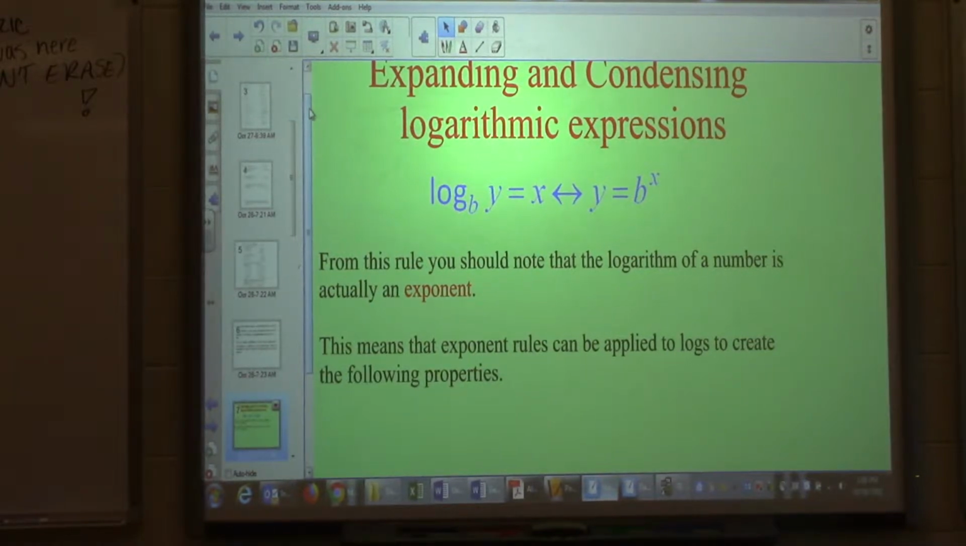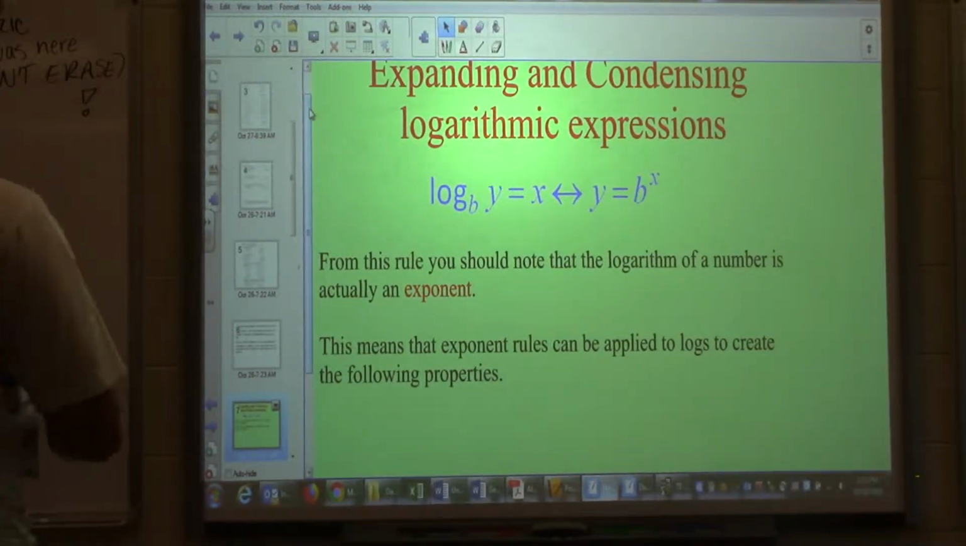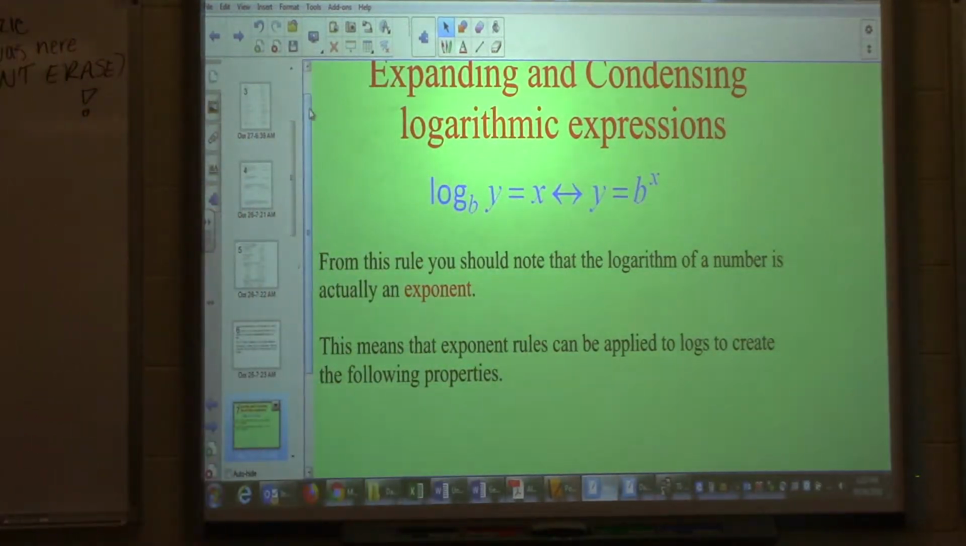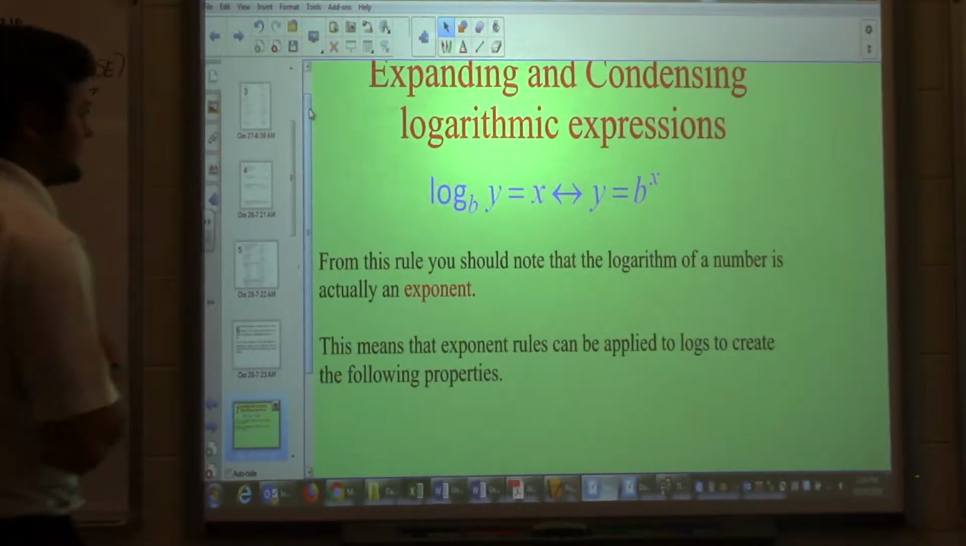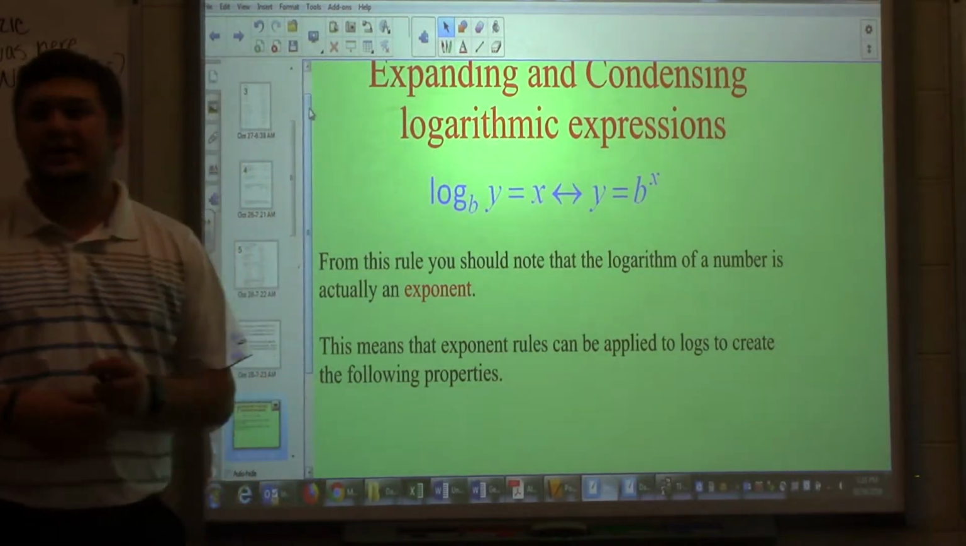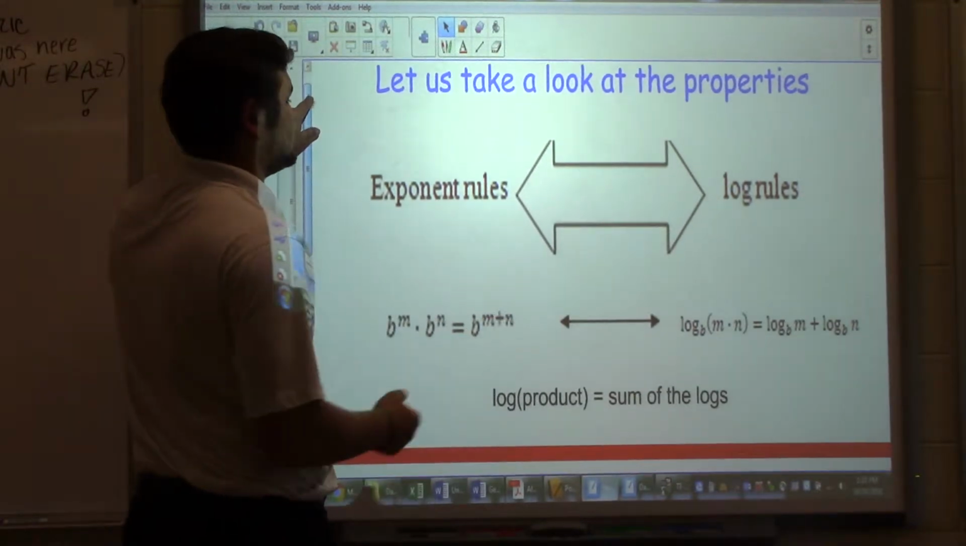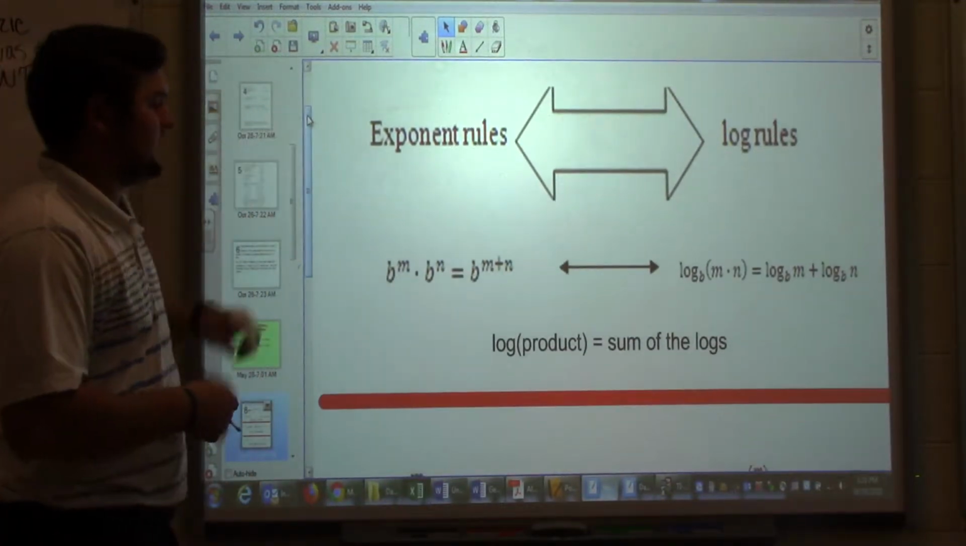Alright, so we can switch it from, like I said, log form to exponential form to log form. Because of this rule, we know that a log is actually an exponent. Exponent rules can be applied to logs then. So those exponent rules that we're going to talk about that can be applied to logs is, the first one,